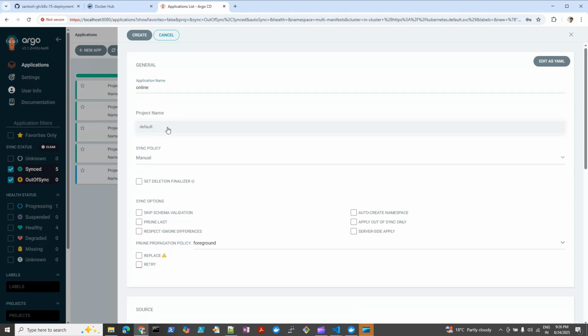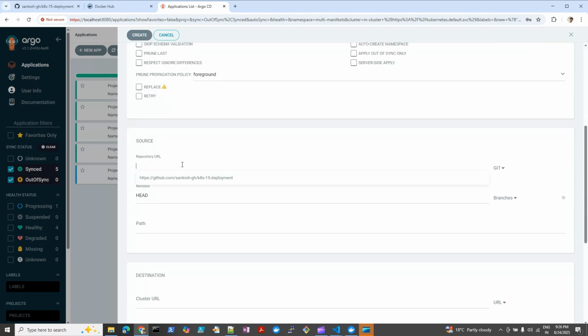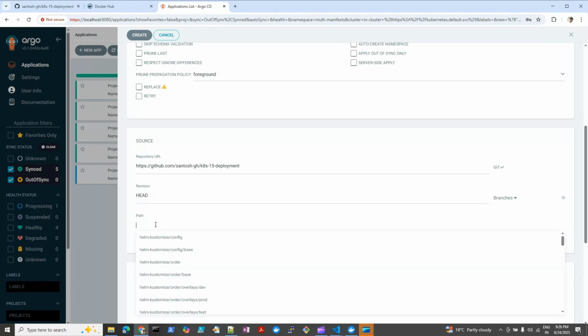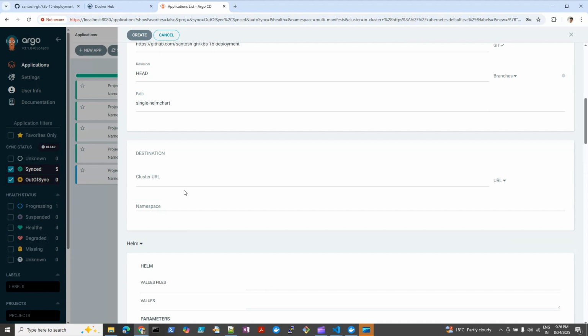Name default, let's sync it automatically. Source is the repository we have, path we'll mention as single Helm Chart. Now this is our cluster, and here we'll take single Helm Chart as our namespace,